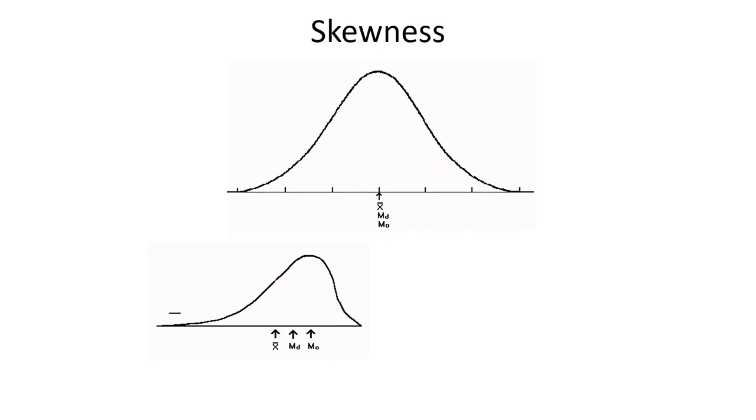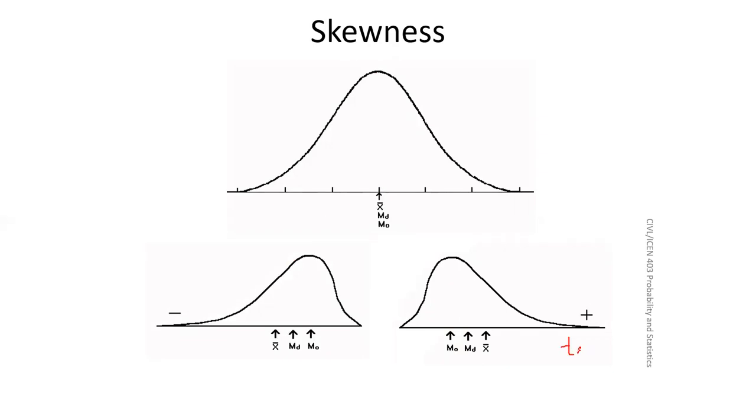You see, there is a tail on one side. You see, there is a tail here, tail on the left side. We call it negatively skewed. Okay, see, negative, I put a negative sign. And if the tail is on the right, we call it positively skewed. Here the tail is on the left, negatively skewed. Okay, negative tail, positive tail.